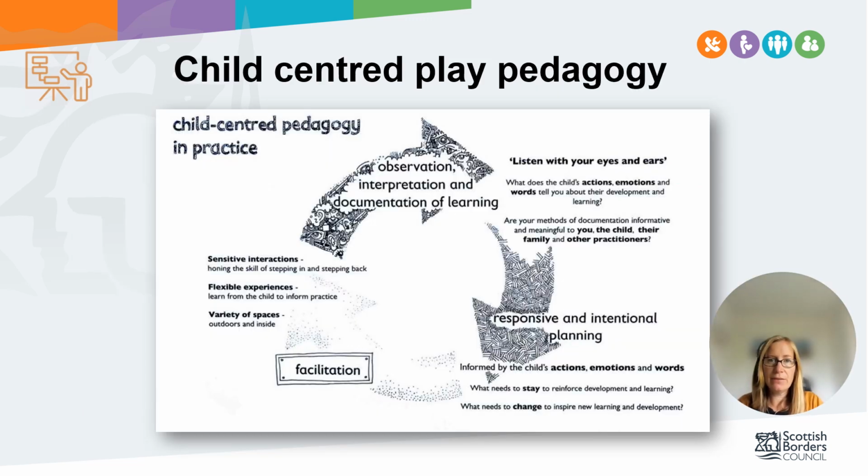So the five active learning experiences shared in the previous slide by Kerry are enabled through a balanced approach of adult-led, adult-initiated and child-led learning. Realising the Ambition tells us a balance of responsive and intentional planning is essential in providing suitable experiences that connect with and extend children's interests and motivations.